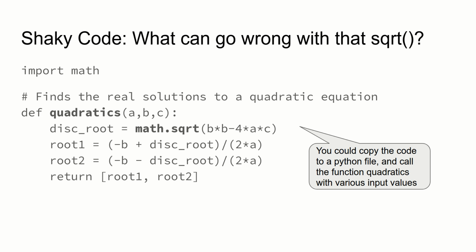For example, if the user inputted the string "2 as A", or the string "11 as C", then when we go to do our multiplications, our subtractions, our divisions, our square root, at some point in there, the program is going to have problems because we can't multiply a number like 4 times a string or things like that. So if the data is of the wrong type, that might also cause us problems that would cause our